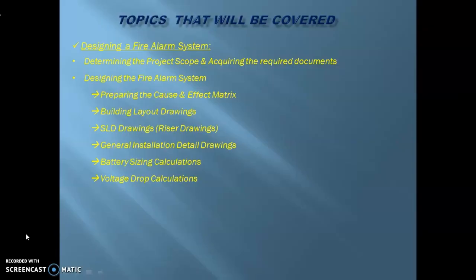Now this second part of the section is divided into more subsections: preparing the cause and effect matrix, building layout drawings, SLD drawings or riser drawings, general installation detail drawings, the battery sizing calculations, and the voltage drop calculations. So what we will be doing in this section is discussing the preparation of all of these documents in detail along with the first section.